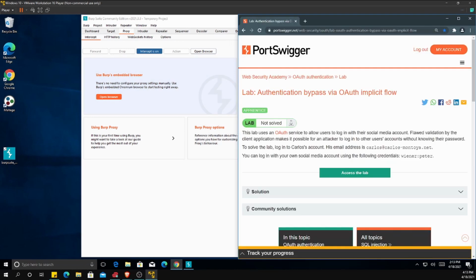This is our lab. This lab uses an open service to allow users to log in with the social media account. As you can see, the lab is not yet solved. We are going now to try to solve this lab. We're going to open the lab first. And before we open the lab, we have to make sure we